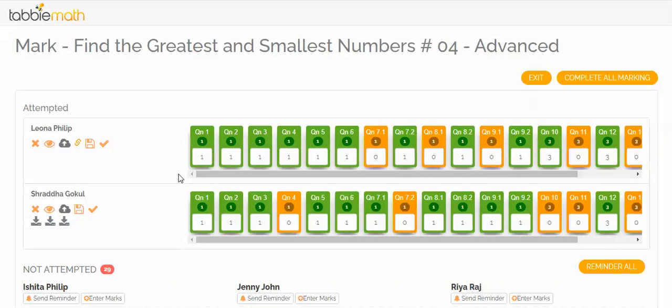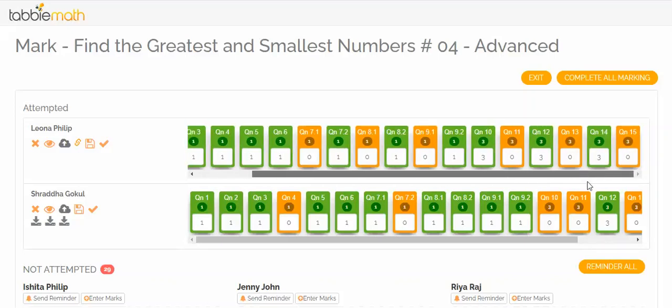Based on the answers selected by the students, whether it's an objective question or a subjective question, Tabby does 1 round of correction. Okay, so here, as you can see, all the 1-mark questions are already corrected by the system, and so are the 3-mark questions. However, Tabby can only check the final answer. So either it gives full mark to the question or it gives it a 0 mark.